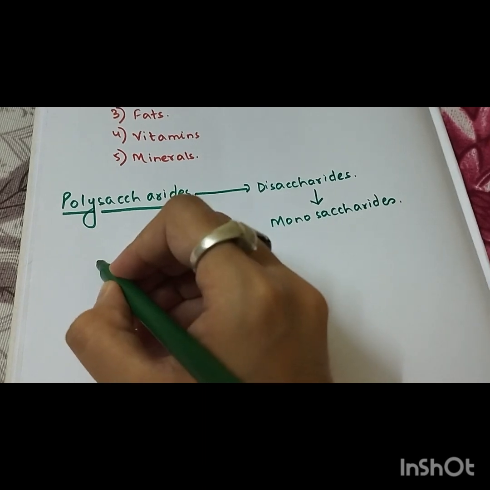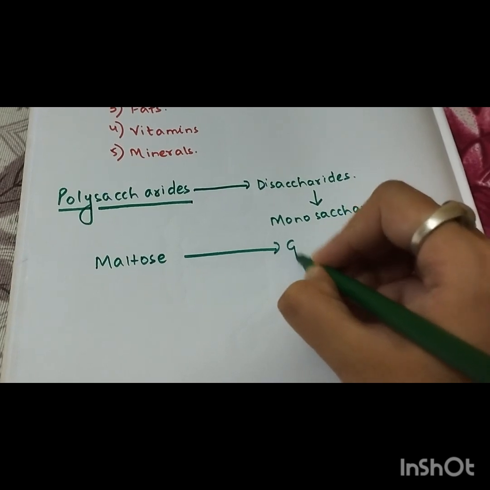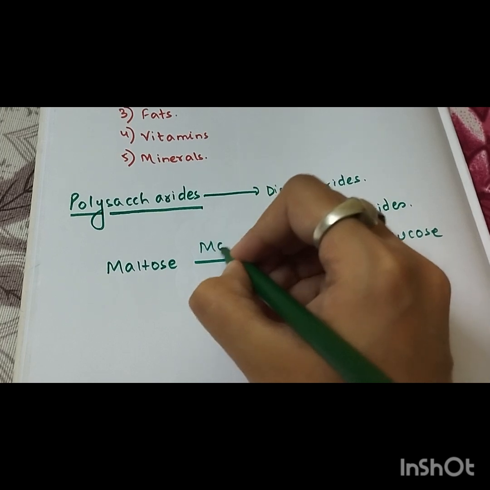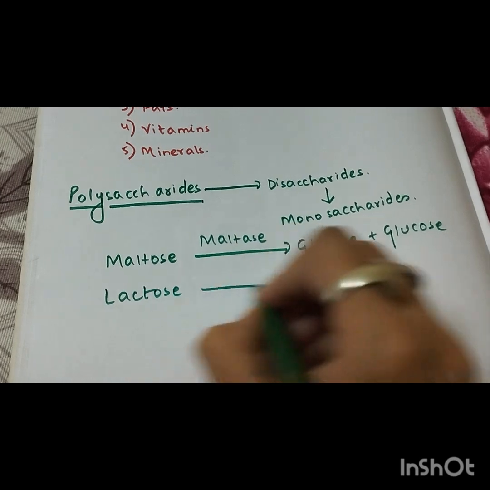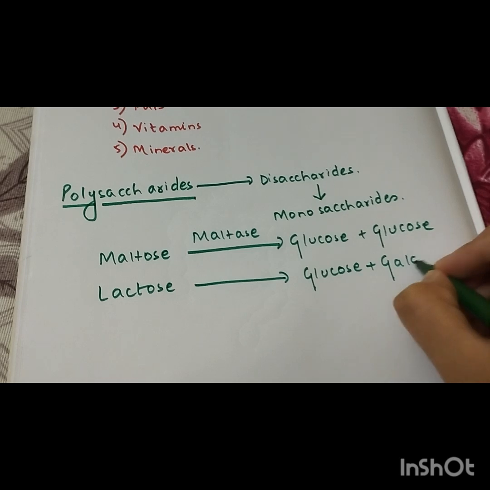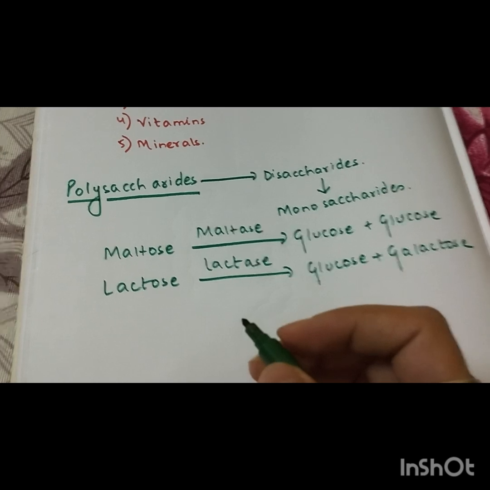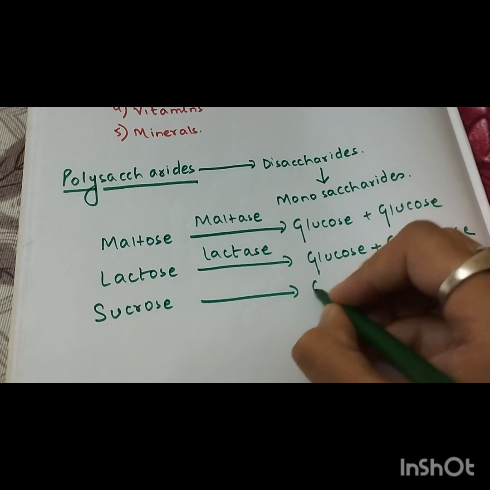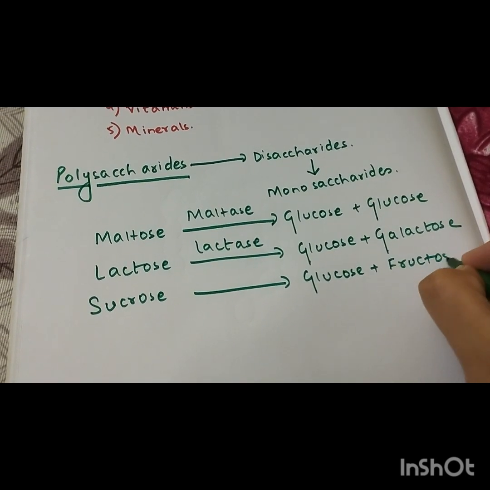Now maltose is being broken down into 2 molecules of glucose with the help of enzyme maltase. Similarly, lactose is being broken down into 1 molecule of glucose and 1 molecule of galactose by the enzyme lactase. And similarly, sucrose is being broken down into 1 molecule of glucose and 1 molecule of fructose with the help